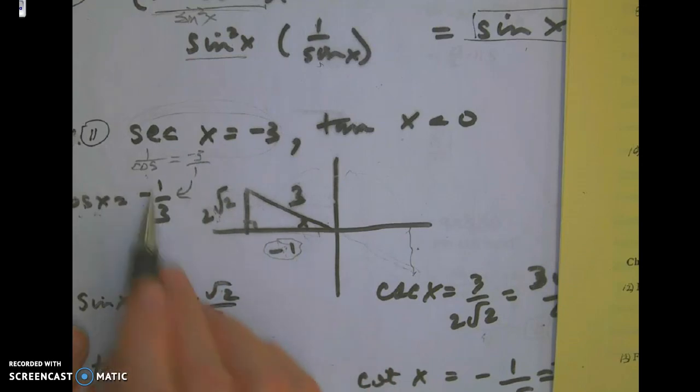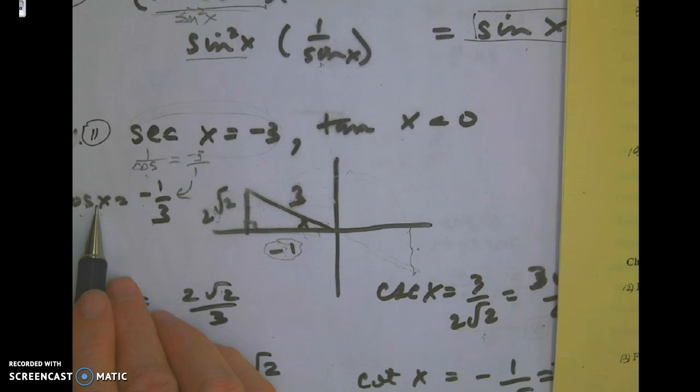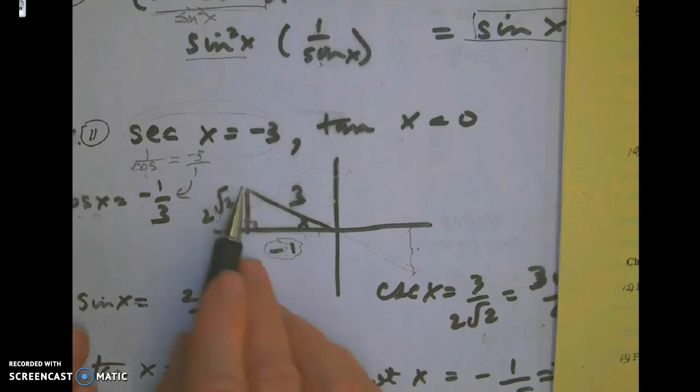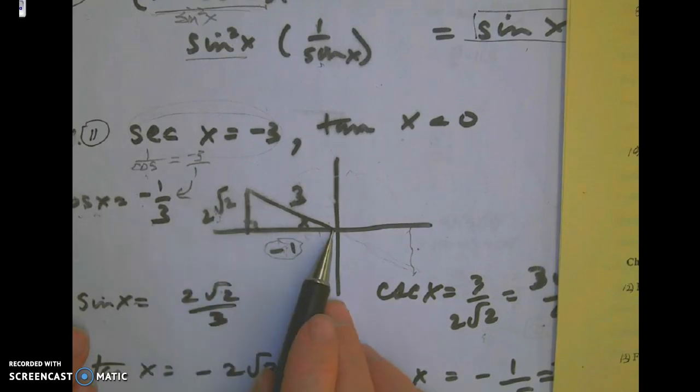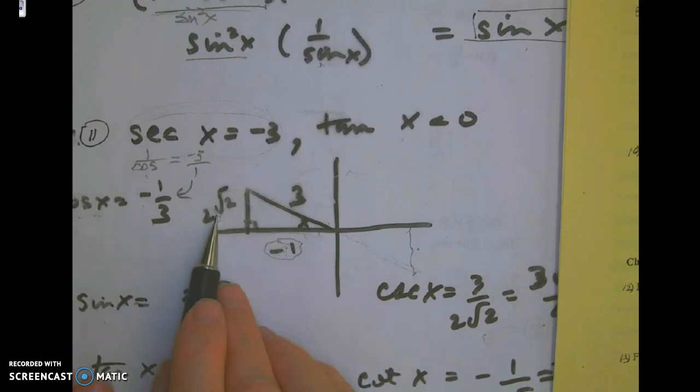So I write down these 2 values in my triangle. I draw a right triangle. I know cosine is always going to be adjacent to the angle over the hypotenuse, so that's where my negative 1 comes in, because the hypotenuse is always going to be a positive number. So now I can figure out what this is by the Pythagorean theorem. I'll just say 3 squared